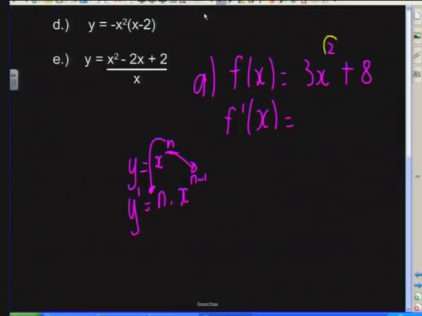We're going to bring that 2 to the front of the 3, multiply the constant by the power, so it's going to become 2 times 3. The x will stay exactly where it is, and all we do is from the power of 2, we're going to subtract 1. Then remember, now we've got a constant, an 8, and remember we said the derivative